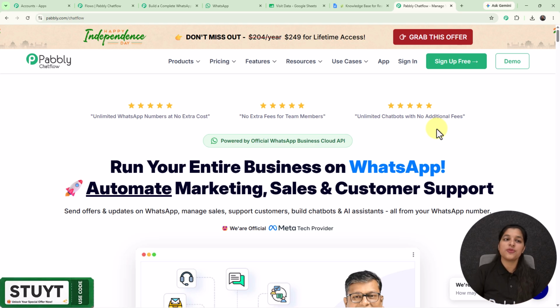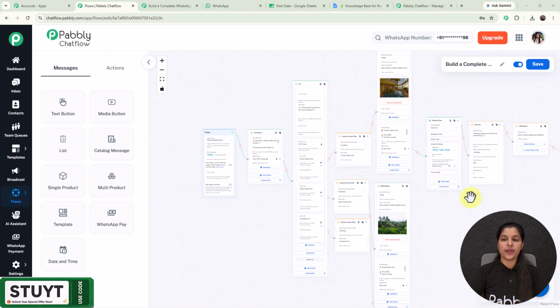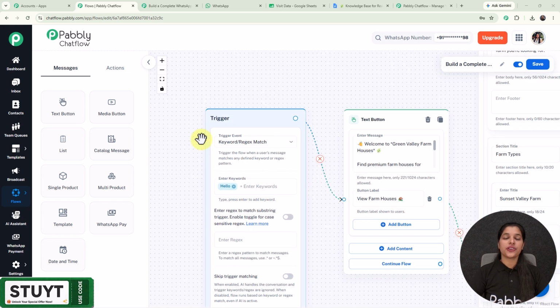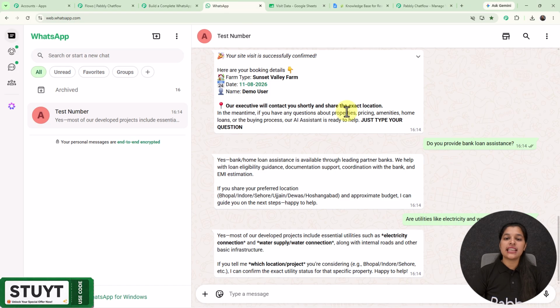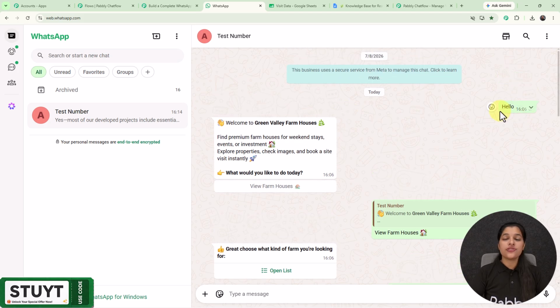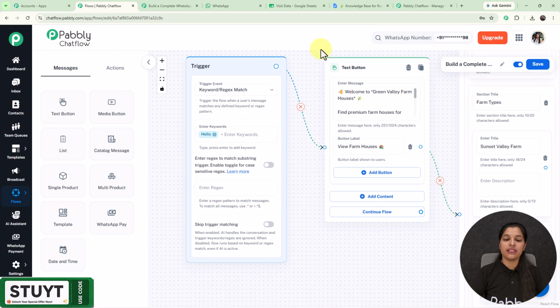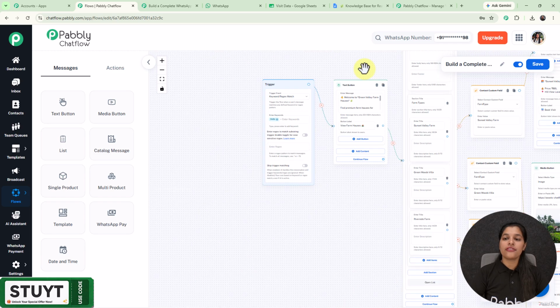And now let's move on towards the flow page, where I'm going to show you the complete WhatsApp chatbot I have built. So right here, I'm on the flow page of Pabbly Chatflow, where make sure to add your WhatsApp number with your Pabbly Chatflow account. And here we will be getting this option for trigger. So trigger is the event which initiates your WhatsApp chatbot. And as we have recently interacted with our WhatsApp chatbot, we have initiated it by entering this message, that is hello. So this is the same keyword which I have entered over here,